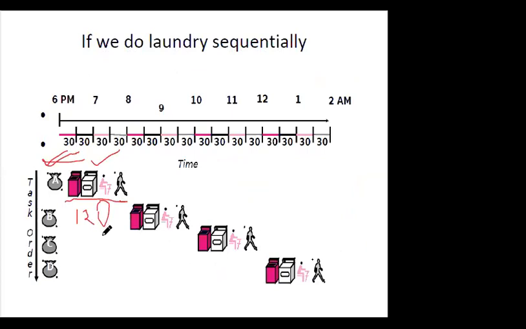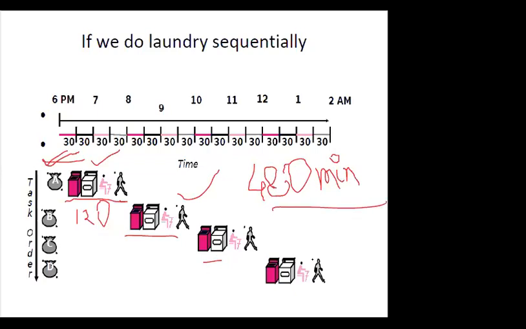A similar time will be taken for B, then C, then D. So the total time taken to complete all 4 loads of clothes will be 480 minutes in this case. But the concept is, when can this time be reduced? This is a non-pipelined structure.